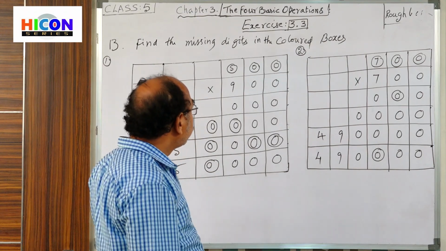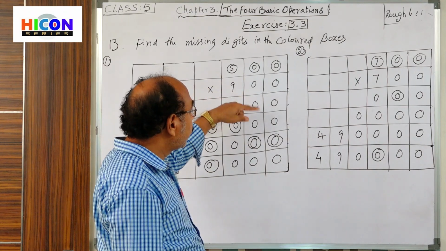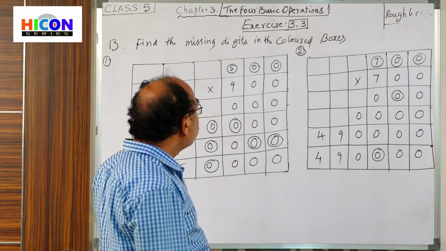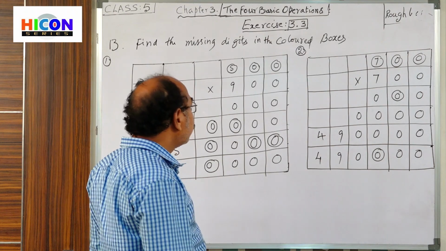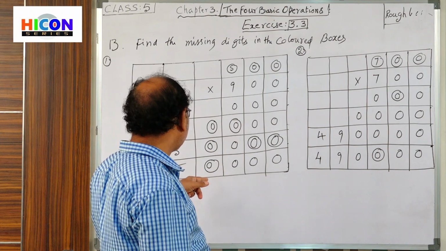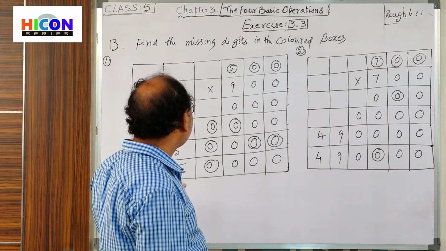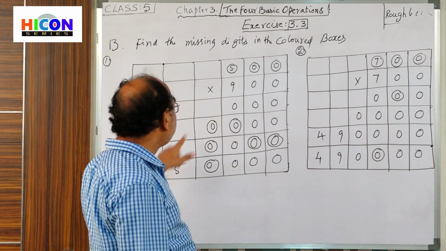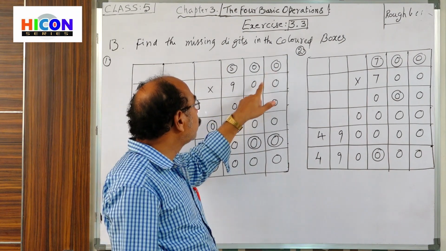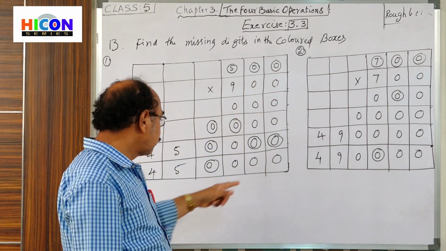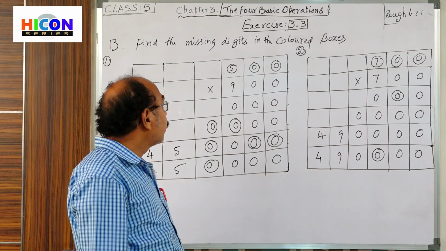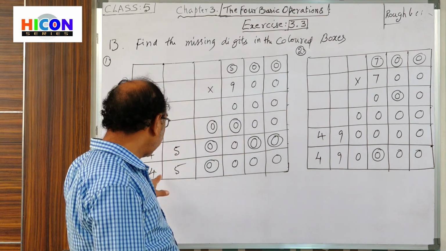See here, 500 and 900. Both are multiplied. In this multiplication, first of all, you observe the last column here, all zeros are there, and last 45 is there. 5 nines are 45. And how many zeros here? 1, 2, 3 zeros, 4 zeros. That's why here 1, 2, 3, 4 zeros. Whatever 5 nines are 45.